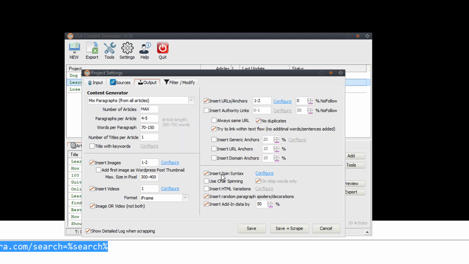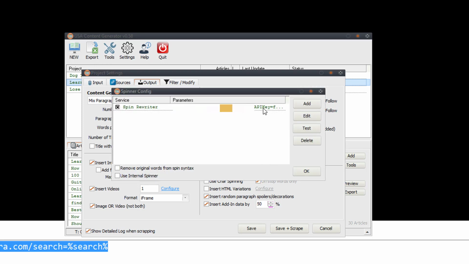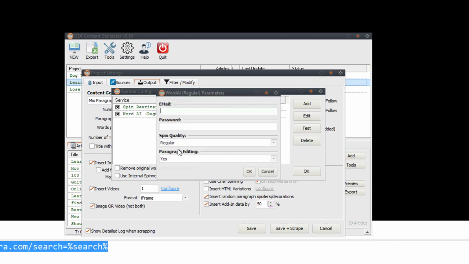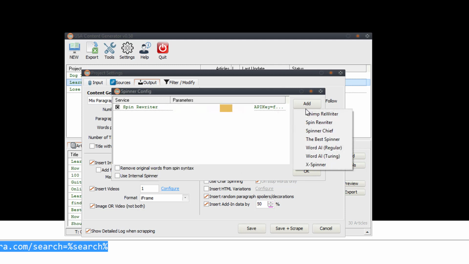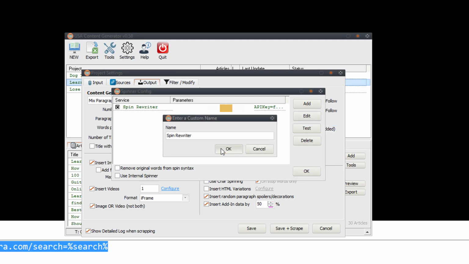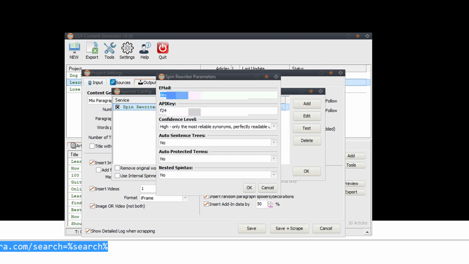And then of course the spin syntax. If you click configure, I'm using Spin Rewriter right now. Currently you see the support for the different spinners, where you can click them and then add in your email and password, and then you choose your quality. Depending on the spinner you use, some have more options than others. Mine's already added. You can see here,